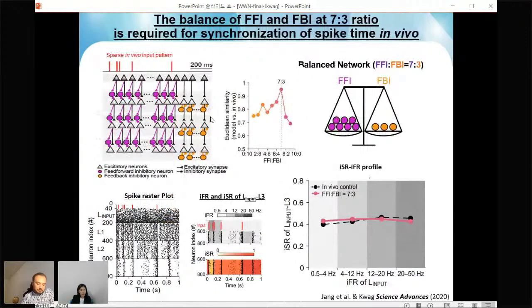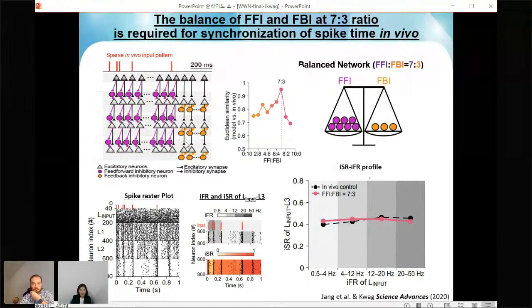So when we do this experiment, we vary the proportion of feed-forward and feedback inhibition. It could be all feed-forward or all feedback, but as you can see here, we vary the ratio between them to 2:8, 4:6, etc., all the way to 10:0 again. When we vary the proportion of feed-forward and feedback inhibition in the network and do the same as the experiment, treating the input layer as layer 4 and using layer 3 as, for example, layer 5 or layer 6 neurons in the barrel cortex, in calculating the IFR and iSR, we